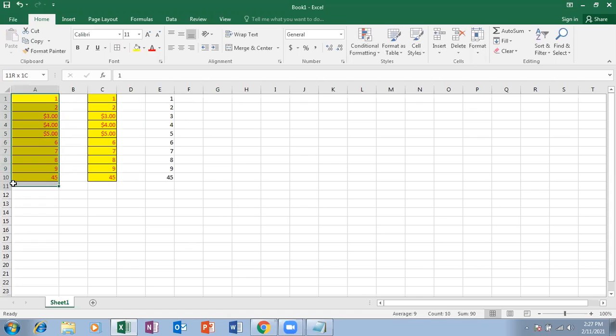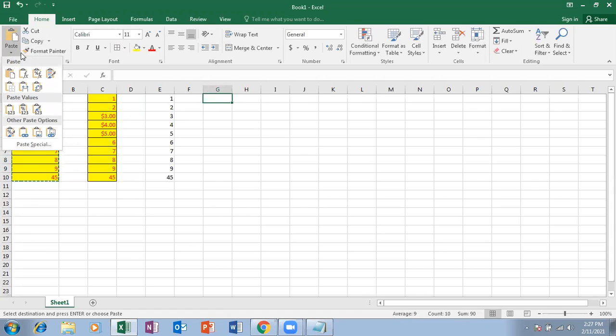Again, let me copy this and paste it here. Formulas and number formatting. So what happens? Formula, we are getting in the last cell where 45 is there, right? There the formula will be carried, whatever the formula is, equals sum, open bracket, A1 to A9.